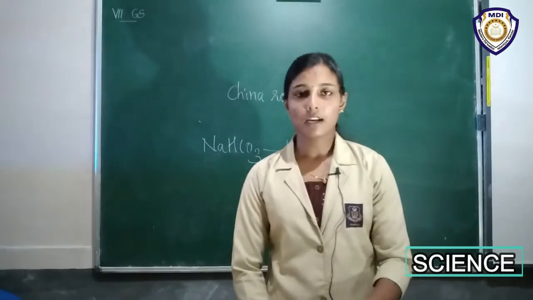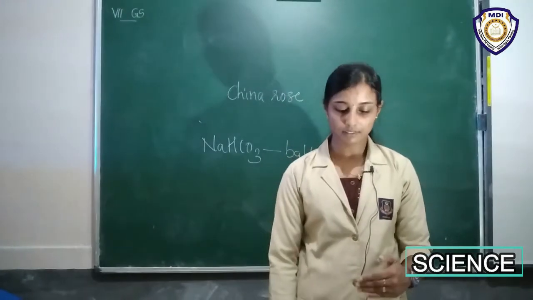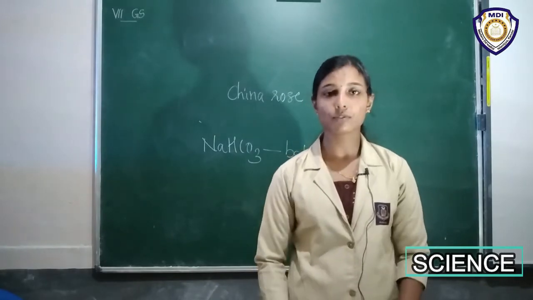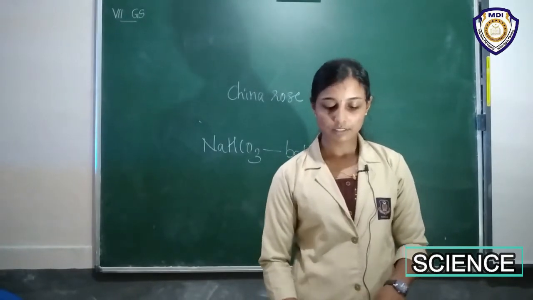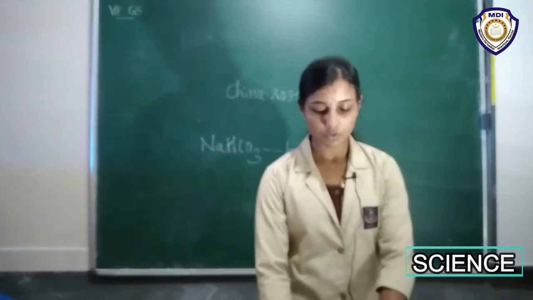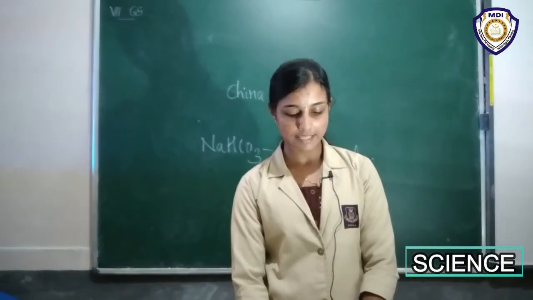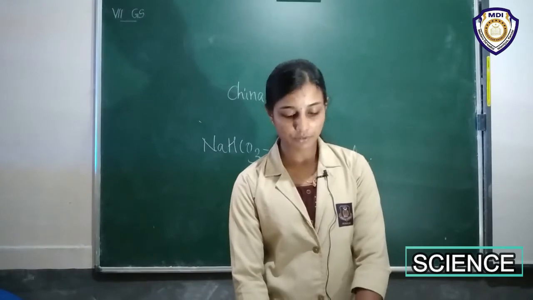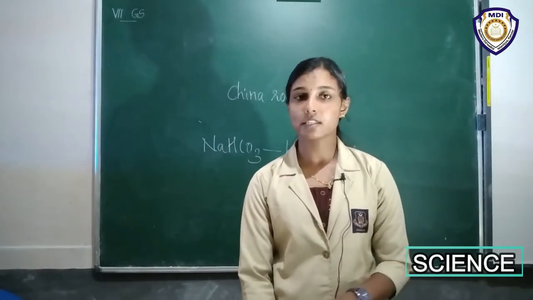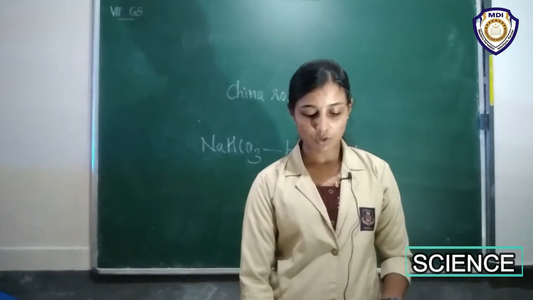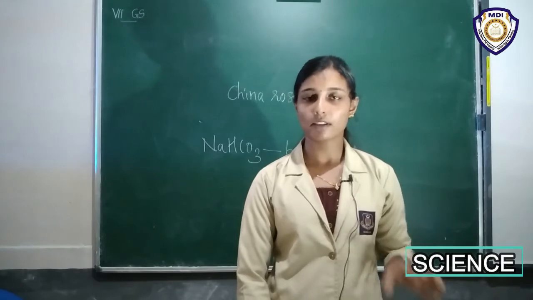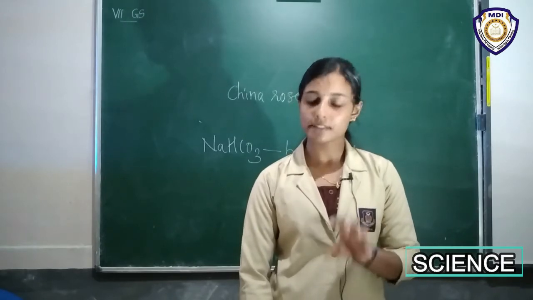Now we can just discuss the result, or the effect of these indicators on substances like hydrochloric acid, sulfuric acid, etc. Hydrochloric acid, you know, is an acid. So for the effect on litmus paper, we can see blue litmus paper change its color into red, and the effect on turmeric paper will not have any change in the color, right? So yellow will remain yellow.